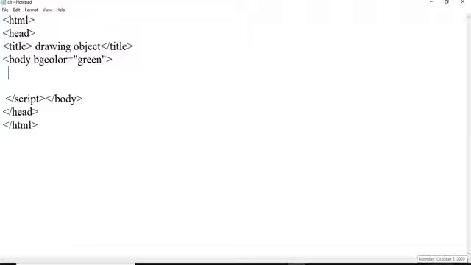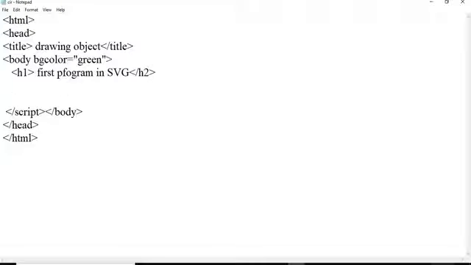So here I am going to write the heading for this, because of the SVG. This is the first program in SVG. So here, this is a closing of that style. SVG is a tag where we can have the inclusion of graphics, that is SVG, and we